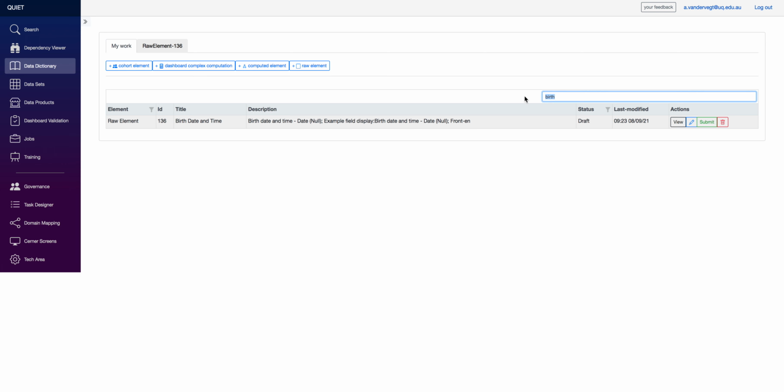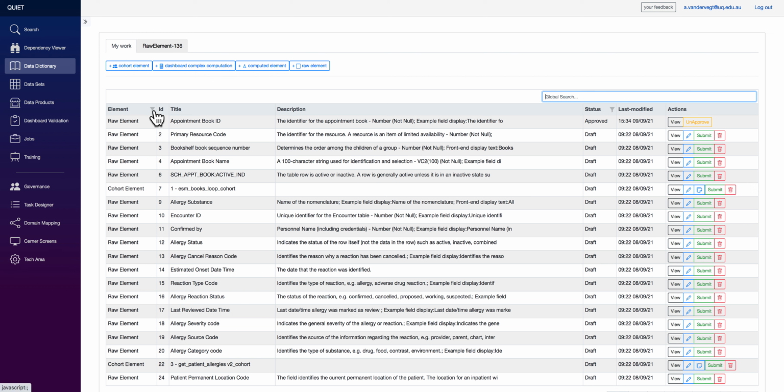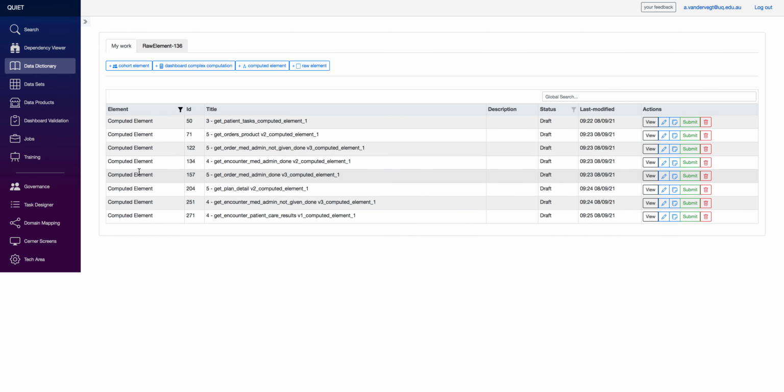But you may also want something a little bit more complicated than that. Say for example a computed element. Now once again, we can use the search to search for computed elements, or we can use a simple filter here, which is probably what you're used to within Microsoft Excel, and you can filter everything and look at the computed elements that are available. Now some of these are quite complex ones that have been seeded already from existing